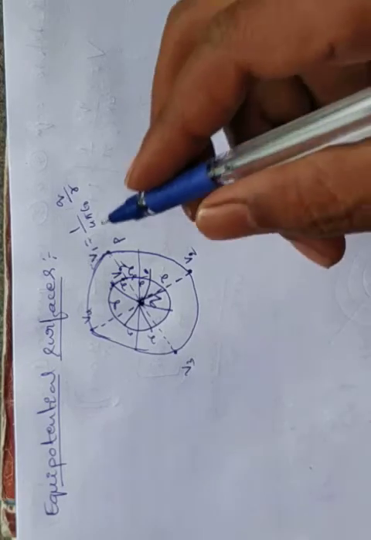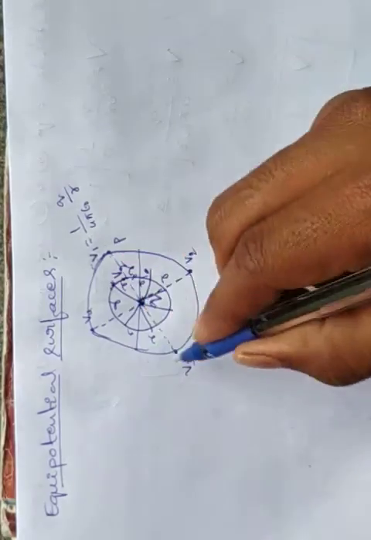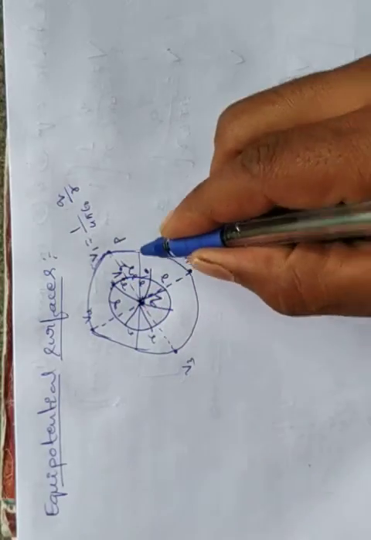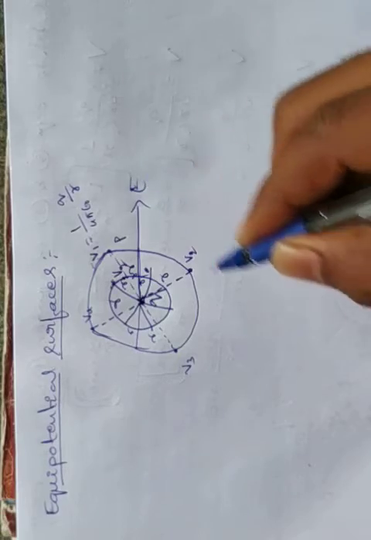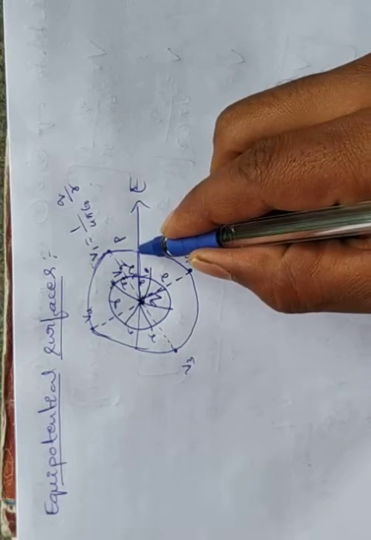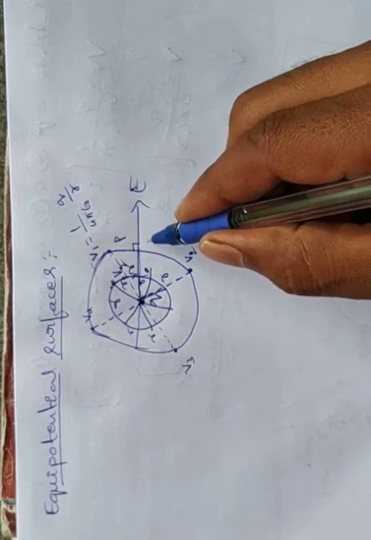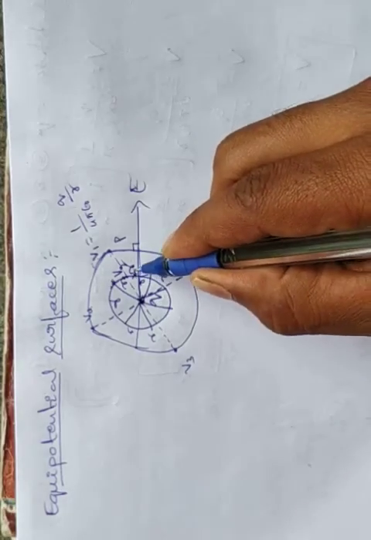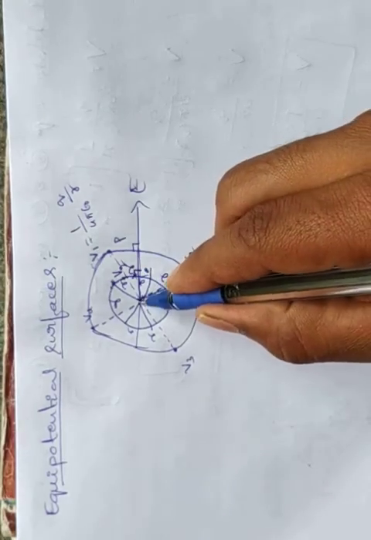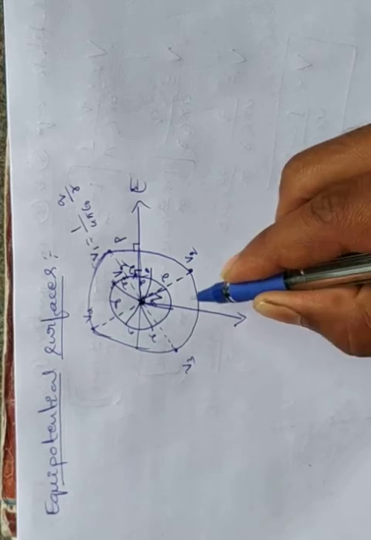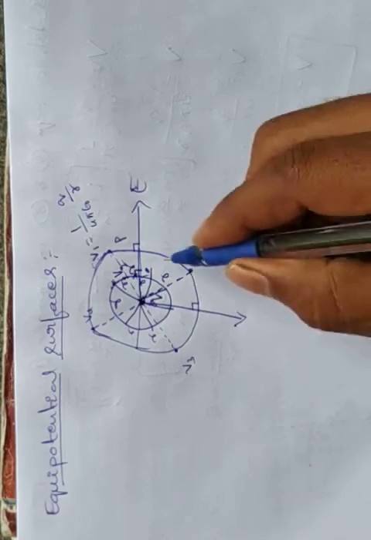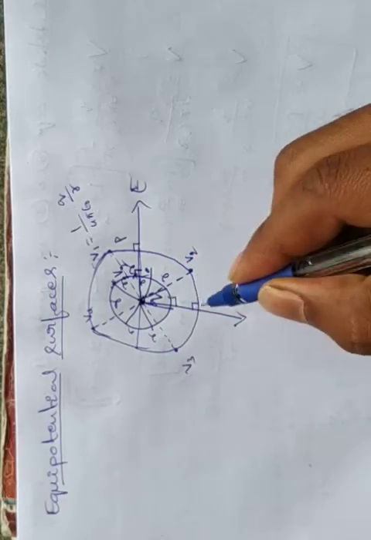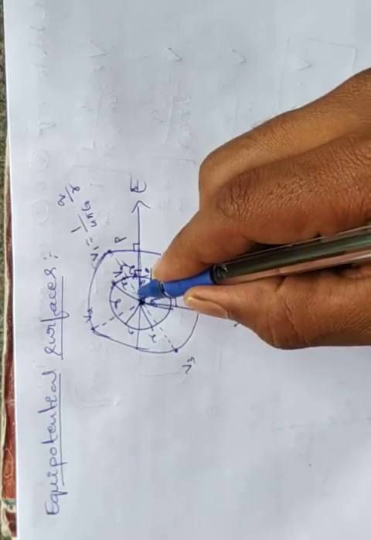Now see, this is the charge, and these are the equipotential surfaces. A surface means just we can draw the line. See, this is the direction of the electric field, and for this surface what is the angle here? Right angle. And for this surface what is the angle here? Right angle. So if you take anywhere, what is the angle here? 90 degrees, a right angle to the surface. So you can take anywhere.